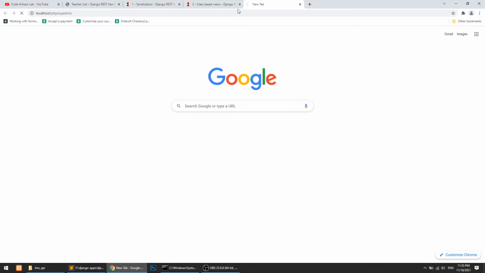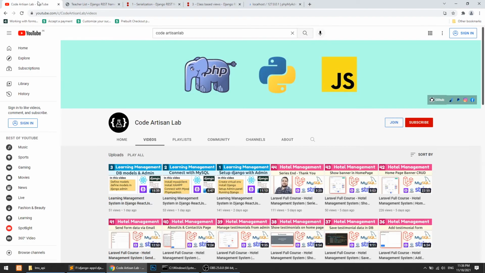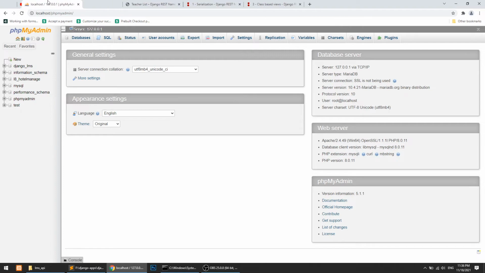So let's add data directly in the database, and I'm going to show you how it will work. In this video I'm just giving you an introduction to how we can install the REST framework, how we can create the serializer, how we can bind the serializer in the view, and after all of these things, how we can show the browsable API and how we can hit the URL. So these are the things that we are learning in this video.